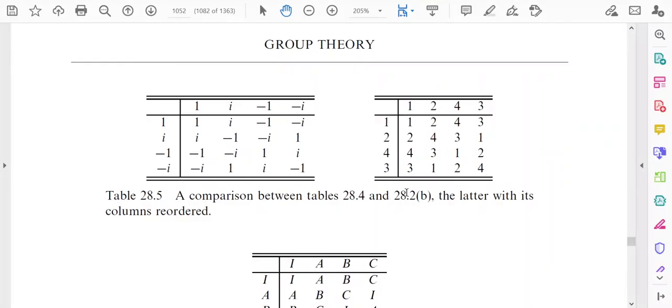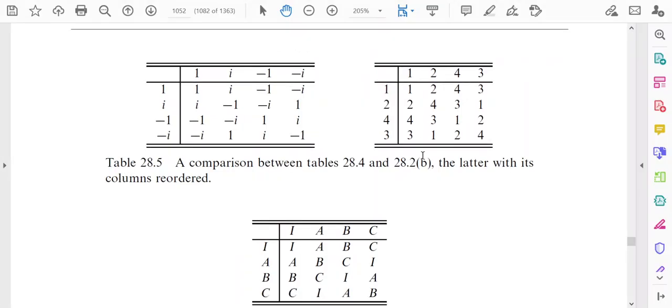So, now in the leading diagonal, the position of the 1 has appeared in this way, that is this is 1 and this is 1, and if we compare the multiplication table of 1, i, -1 and -i, you see the position of 1 are the same. Here is 1 and here is 1, and here that is -1 and that is -1. Apart from these two identity elements, here 4 appears, that is a different element, but the structure is quite the same.